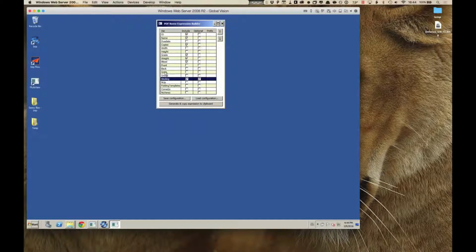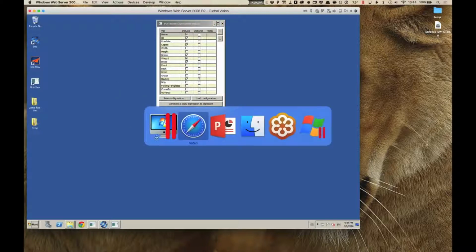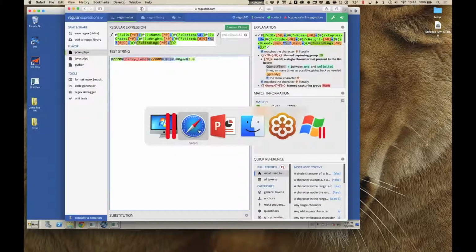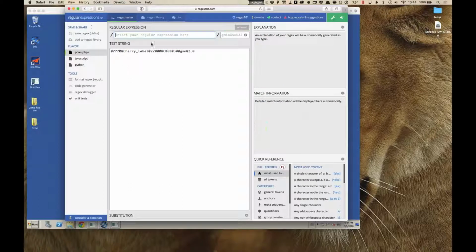So you specify what the different properties are you want in that file name, and then I can also specify what the order is. If I prefer to have the name first, then I can swap that here. And at the end, I simply say generate and copy expression. There we go. And if I now go back to that website again,